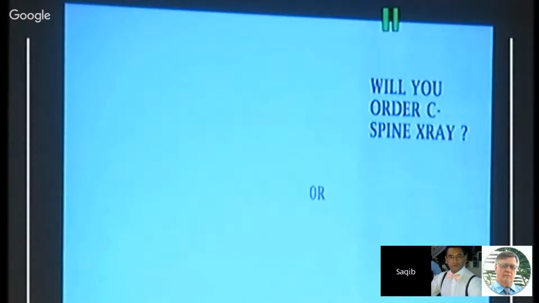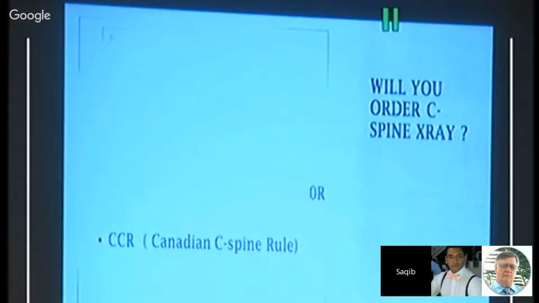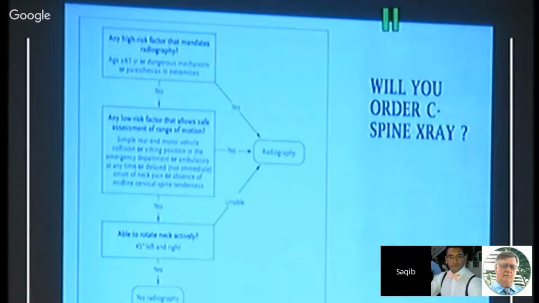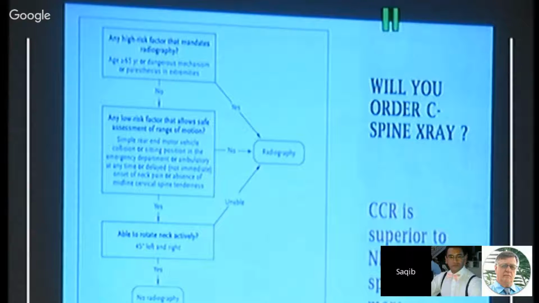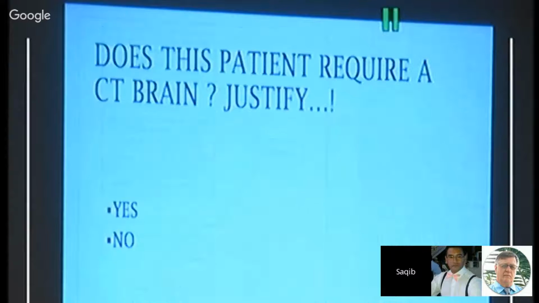and there are also other criteria. There's the Canadian C-spine rule, that's a little more detailed, and they say that if the patient is able to rotate the neck actively 45 degrees right and left, there's no need for radiography in these patients. So CCR is superior to the NEXUS criteria, more specific and more sensitive. So there was no point in doing